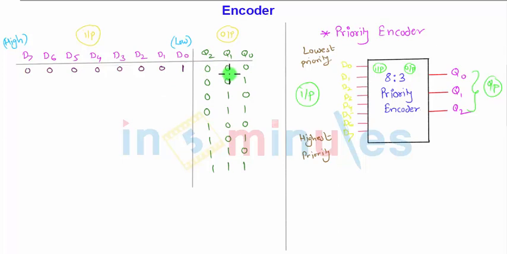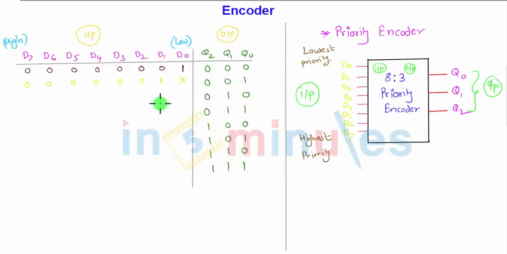Now suppose the second case, where all the bits are 0, D1 is 1 and D0 is don't care. Why? Because D1 has higher priority than D0. So if D1 is present, first of all D1 will be processed and we don't care about the D0 bit. It is a don't care condition put here, and the output will be taken as 001. The 001 output code, which is an encoded code on the output side, will indicate that the data line D1 is to be processed, and it will know that all the other bits are 0.